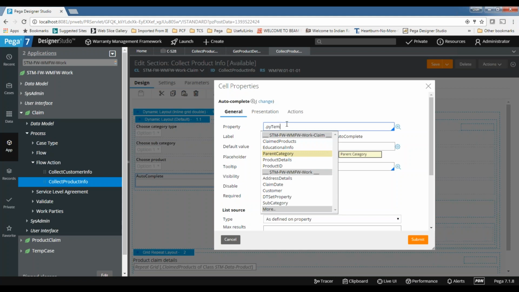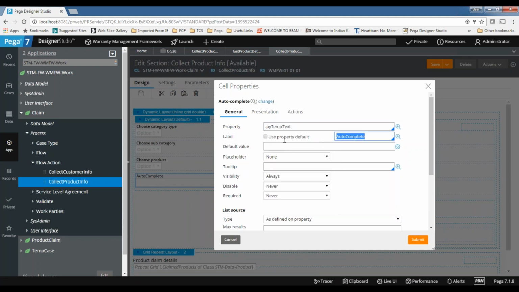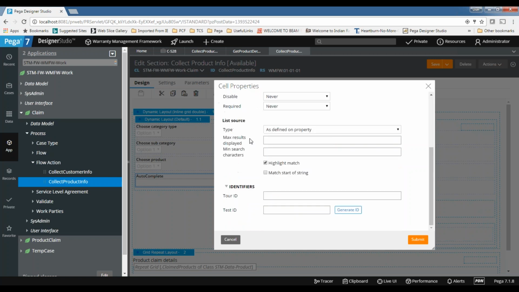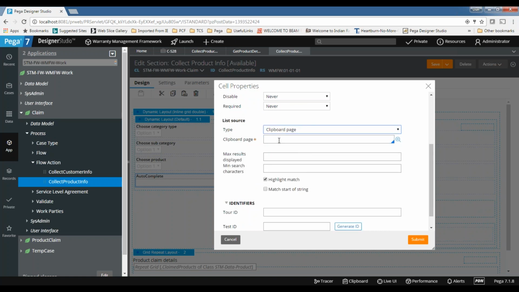So let's say I use some property, and this is make from activity, and here you can see the list source. Here the source is available not on the property, not on the data page. Now the source is available on the clipboard. You select the clipboard page. Where you run the activity, most of the time the data will be available on the clipboard.